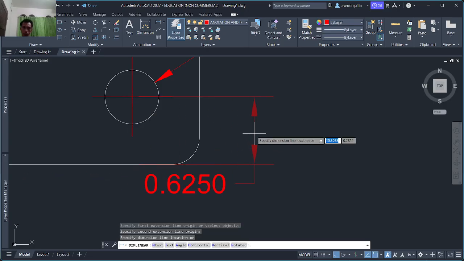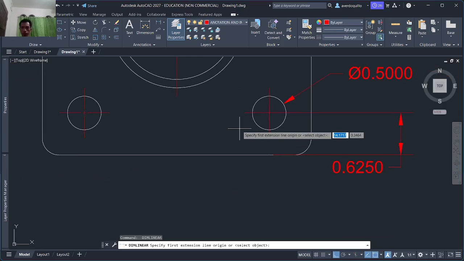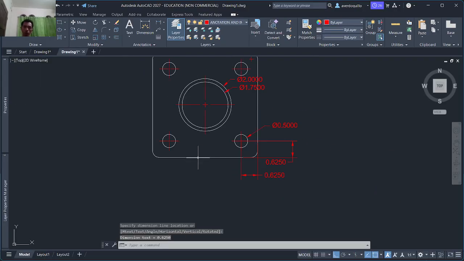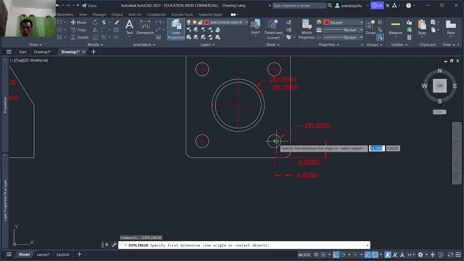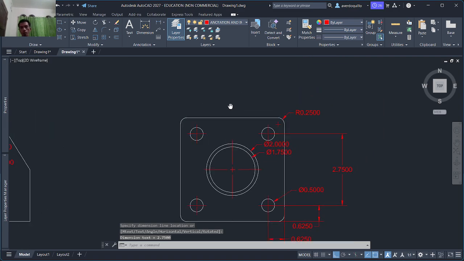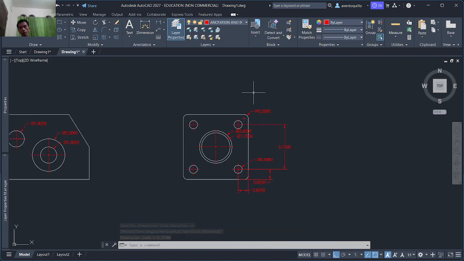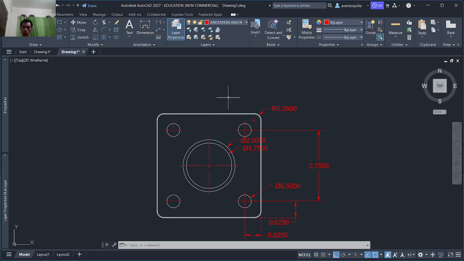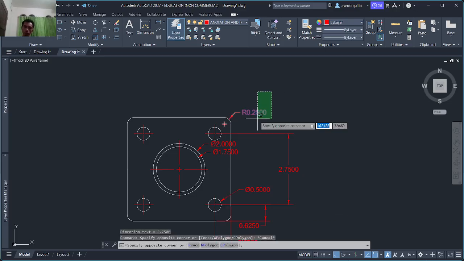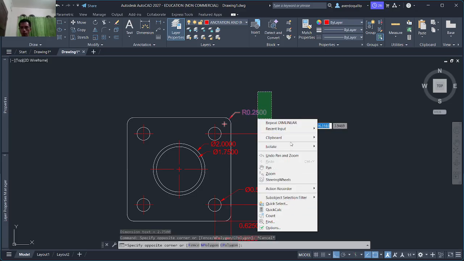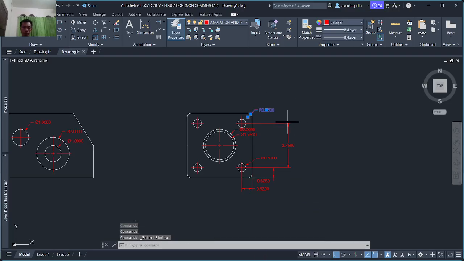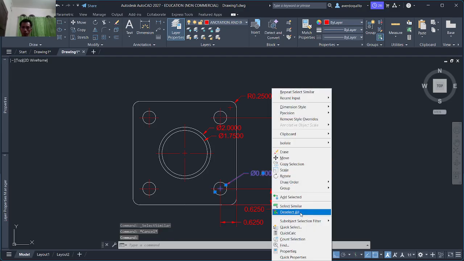Alright, linear, 0.625. Then, oh yeah, select similar, select similar, select similar.